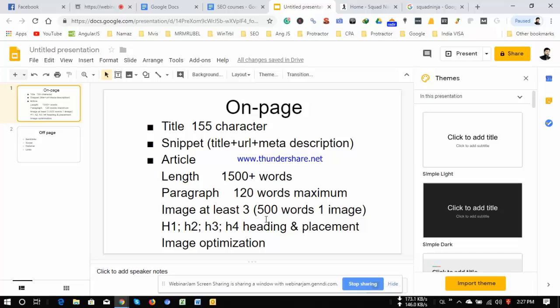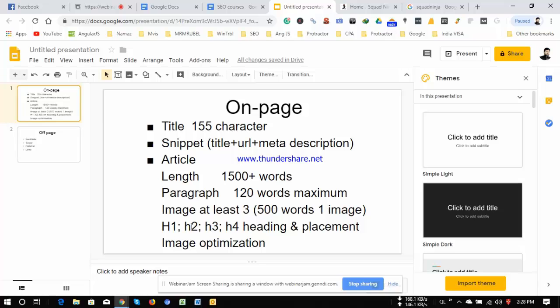What about using H1, H2, H3 tags multiple times? As per Google guidelines, one article cannot contain more than one H1 tag. If you use more than one H1 tag, Google gets confused about what you want to say. You can use heading tags as many times as you want, but good practice is to use one H1. So the H1 tag should be used only once in one article, yes sir. But what about H2, H3, and H4 tags?